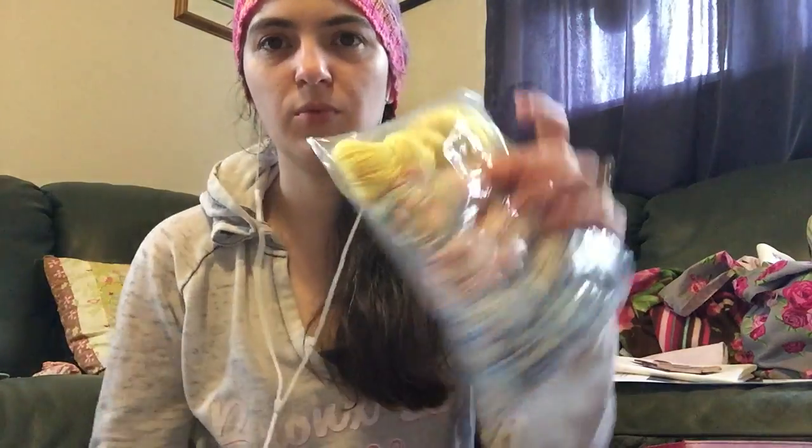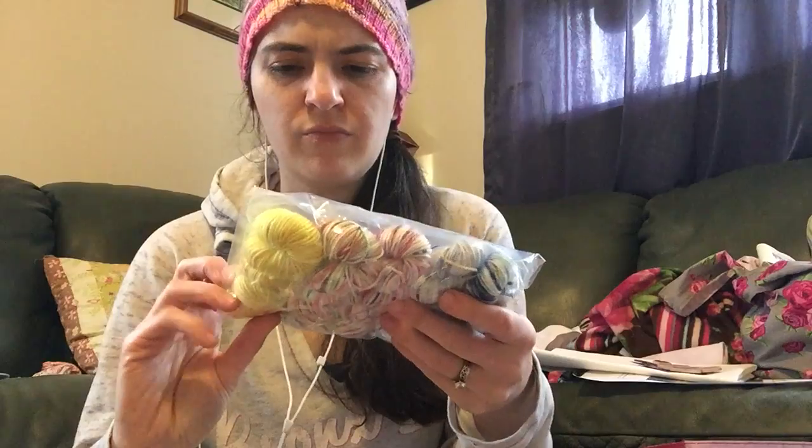So I picked up that, and then I had to do my purchases from Fiber Stash. I knew there were things I wanted to pick up. When we first got there, I found two of them and put them aside, figuring I'd come back and buy them, depending on what I had for money left, and more. I had a budget for her booth, and then I had a budget for everybody else. So the first thing I picked up was her Beauty and the Beast mini skein set,